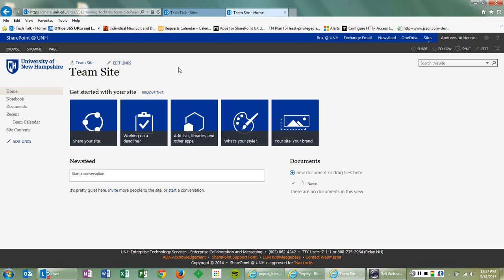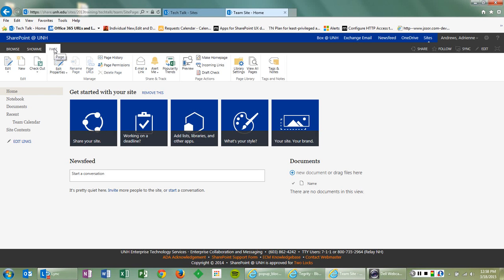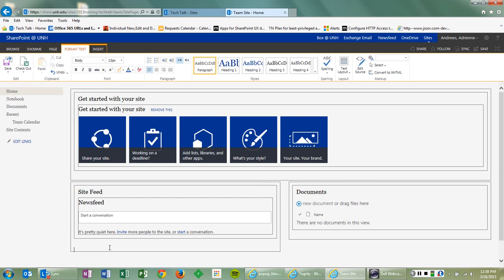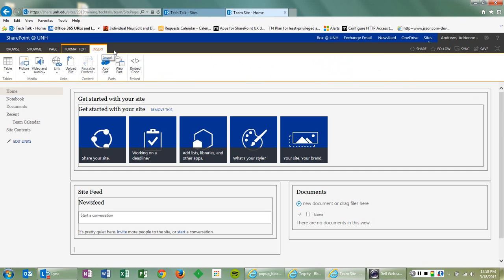If I want to edit this page, Microsoft also makes it really easy to customize these sites, not only with what applications and content that you put in there, but also how the pages are displayed to your users. So if I want to edit this page, I can click on the Page tab, and again I get that ribbon feel. So I can just say edit this page, and let's say I want to add that calendar that I just created. So I'm going to go back up here into my ribbon and say Insert,